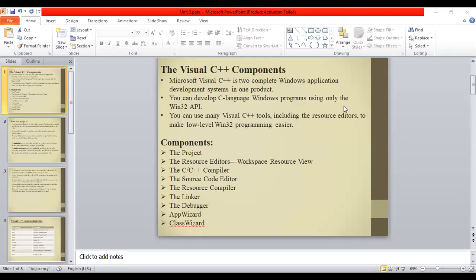Okay, fine, so let's start today's session. Today we are going to discuss Visual C++, what Visual C++ is, and what different components we have in Visual C++.